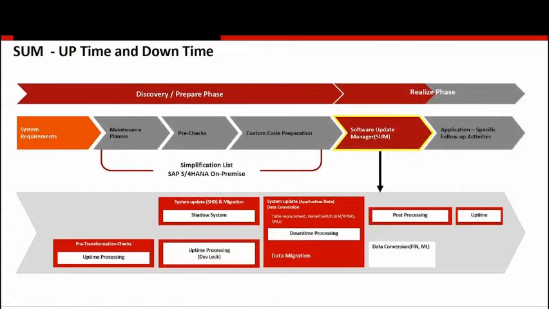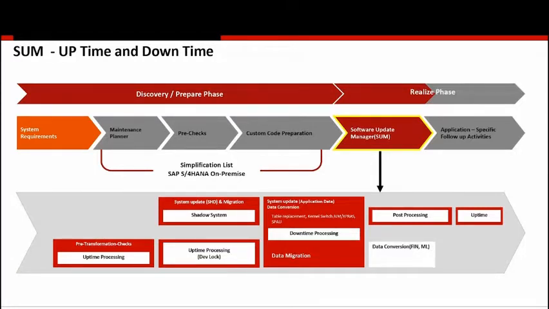The SUM tool is the primary tool that is going to be used for the conversion, and it has two phases, one being the uptime and then the downtime. So what happens during the uptime? It creates the S/4 instance on the HANA hardware, and then it creates a shadow instance, and it does a lot of processing even when your system